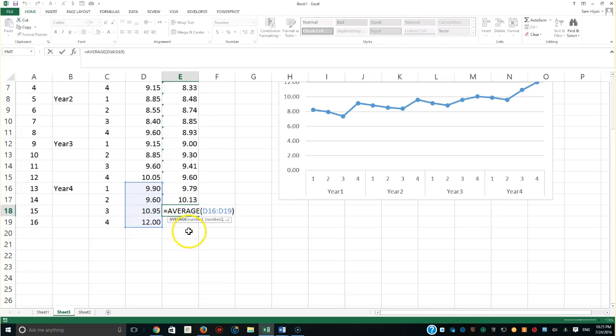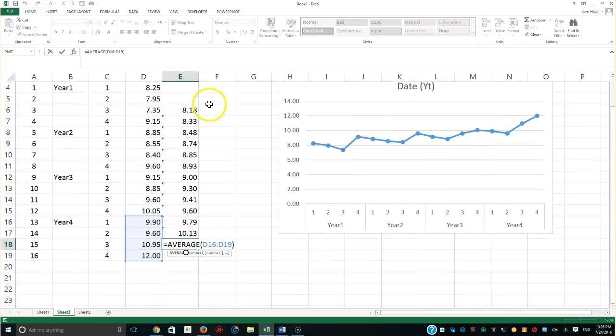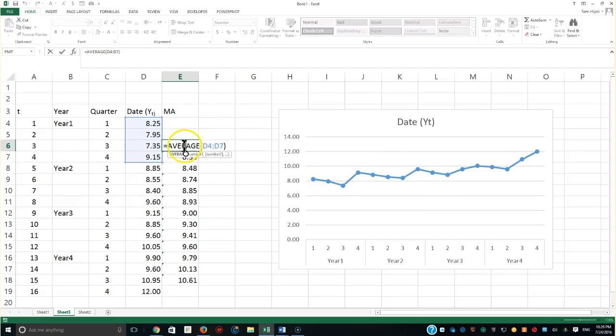How about this one here? Yes, this should stay because it does cover 4 pieces of items. So the moving average based on 4 items, or 4 quarters to be exact, this one should be the last one. Okay, and here we go. As you notice, the reason that I started with the third one is because I want the first one to cover the first 4. The problem with having 4 items for the moving average is the fact that I'm going to